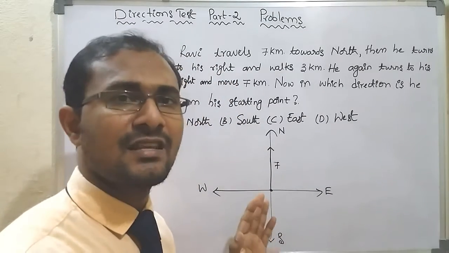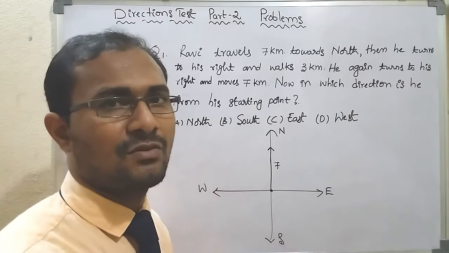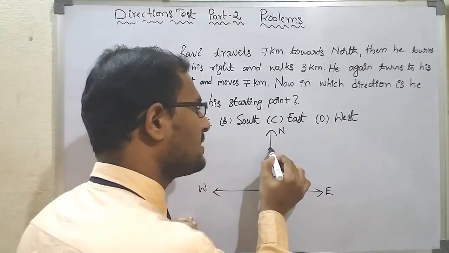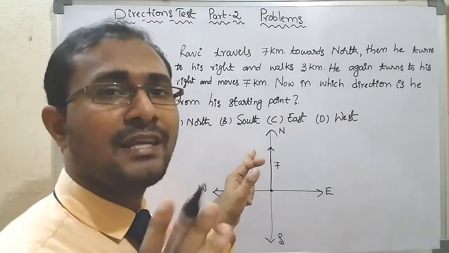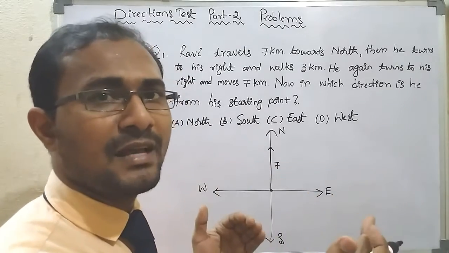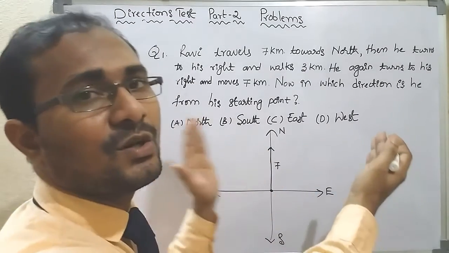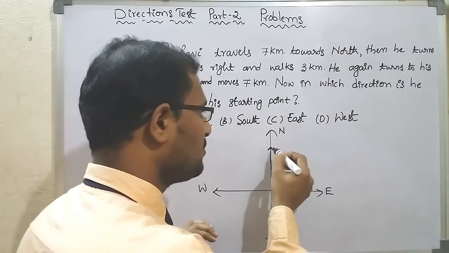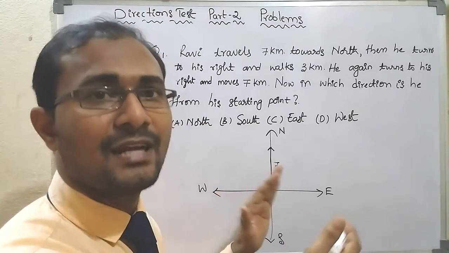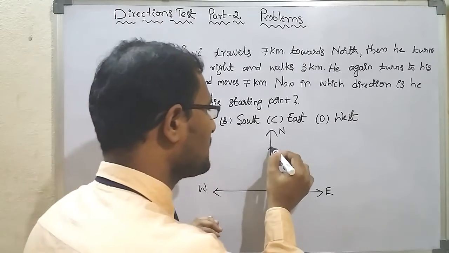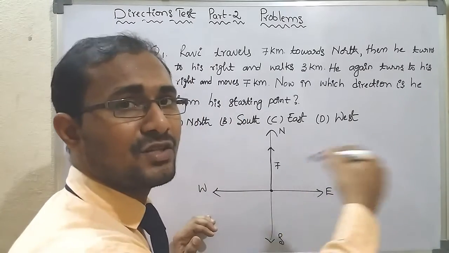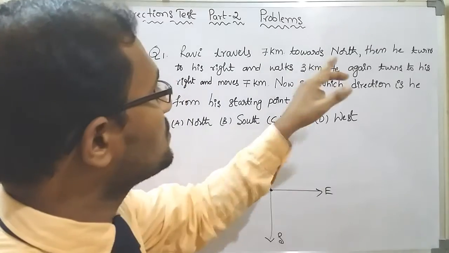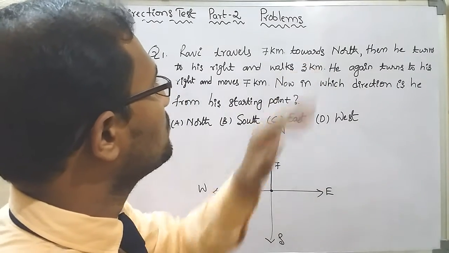For getting the directions like right turn or left turn, what we have to do? Simply you have to imagine yourself in place of that person at the last point. At the last point, imagine yourself and try to imagine what is your right hand side, what is your left hand side if you are moving in the north direction. So thereby you can get very easily what is right hand side and what is left hand side. For this person, East direction is the right hand side. Okay, by taking right turn, how much he covered? He had moved 7 kilometers towards north direction.